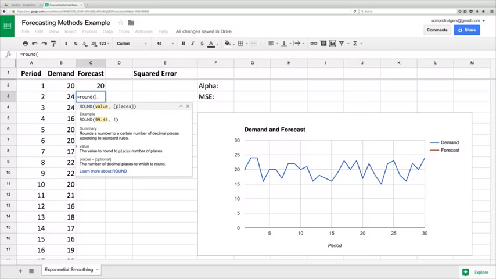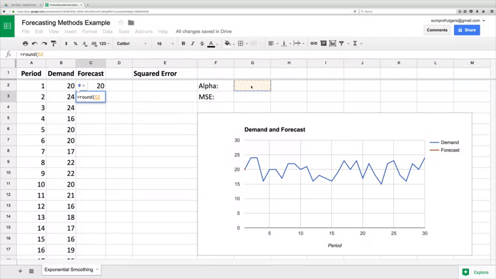Now, let's take care of the round function ahead of time. In order to set up the exponential smoothing formula, we have this coefficient called alpha, which we can actually vary. And to do that more efficiently, I'm going to use a separate cell for alpha, because then that allows me to just change one cell and vary how reactive or how smooth the forecast is. So alpha has to be a fixed cell,